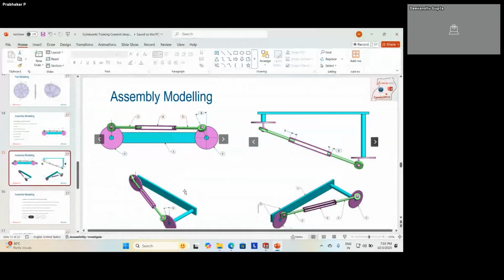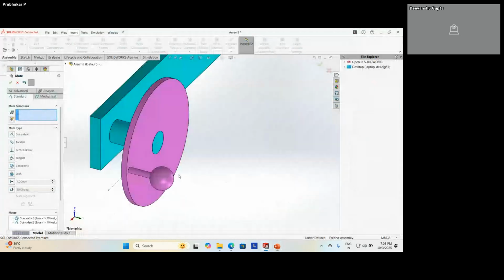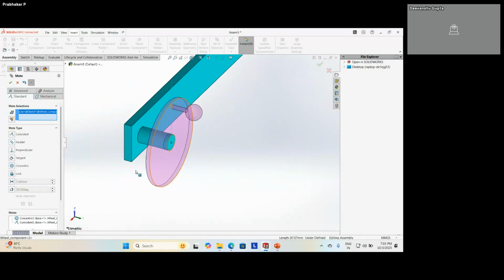and here they have given one constraint. This and this edge is parallel. This line and this edge parallel, automatically it is taken.